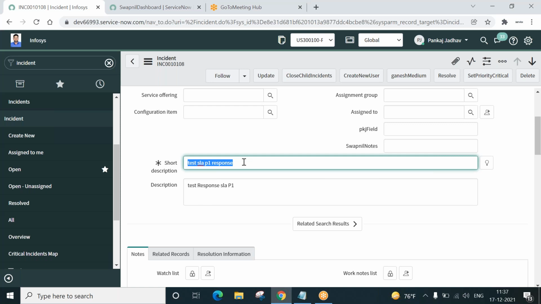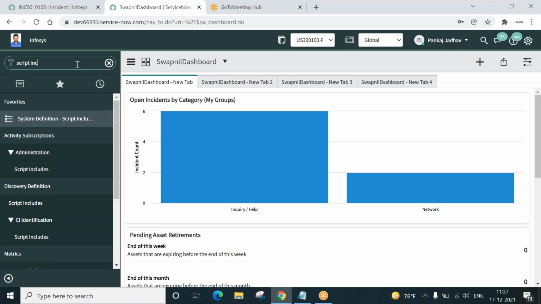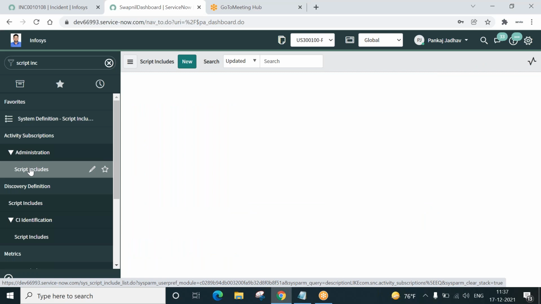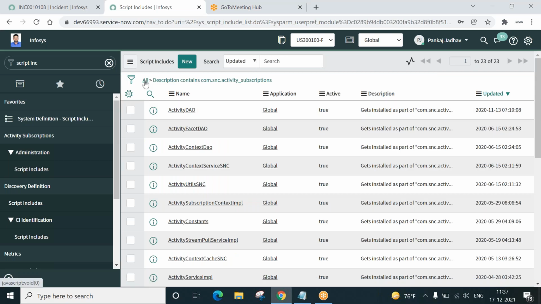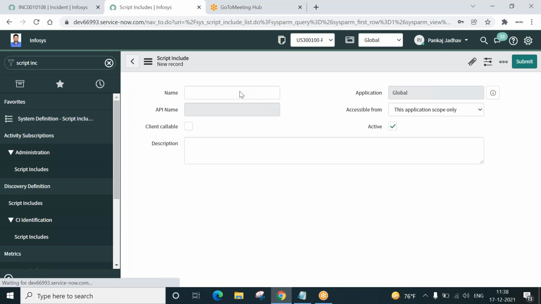Let's start. First of all, we have to create a script include. I'll go here, Script Includes, and click on New. I have created a script include already.